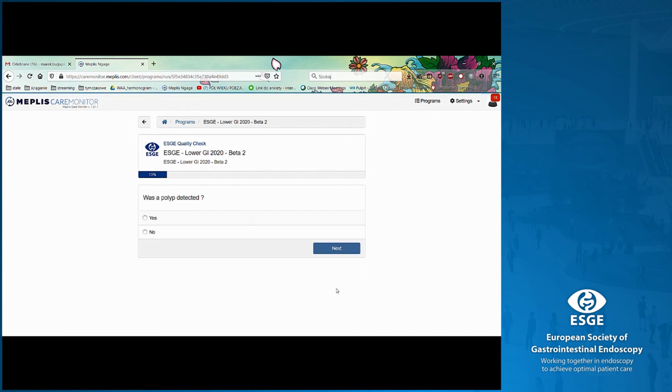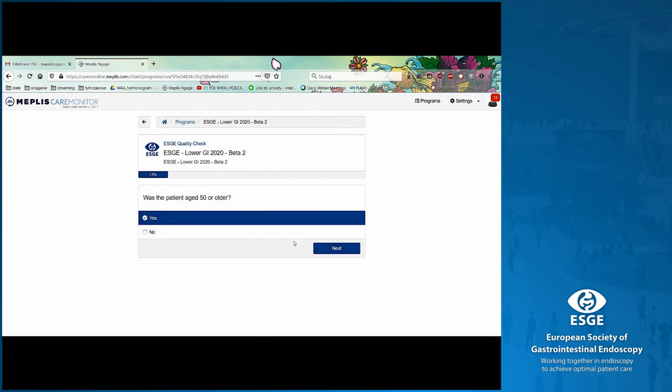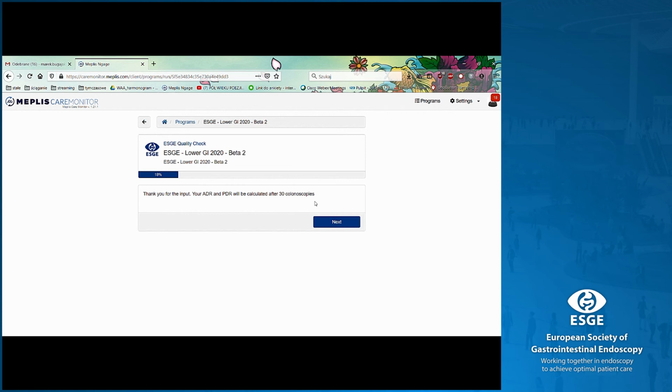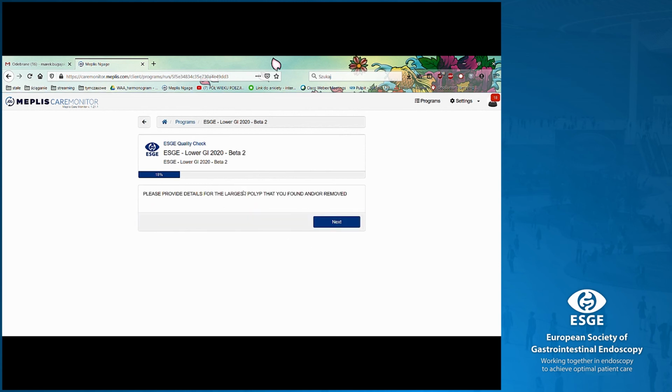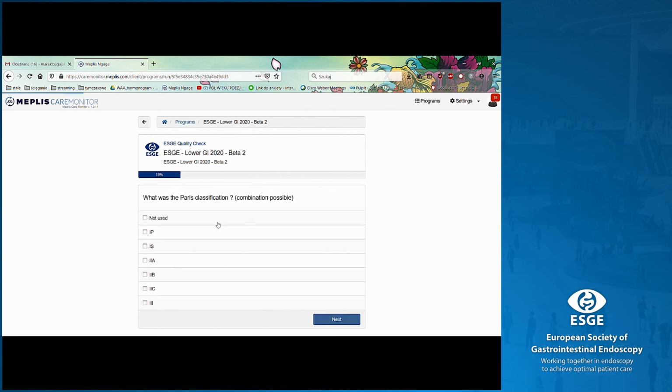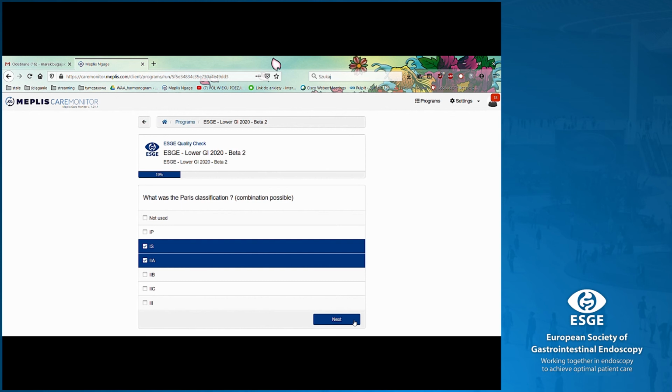And the calculation happens immediately. A polyp was detected. The patient was aged 50 or older, and it was an adenoma. This performance measure will be calculated after 30 colonoscopies. The polyp was removed, and now the app asks us about the largest polyp that we removed. So it was a 1S, for example, and 2A. We can combine,